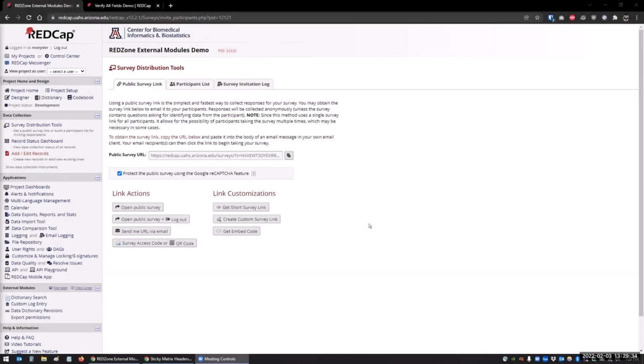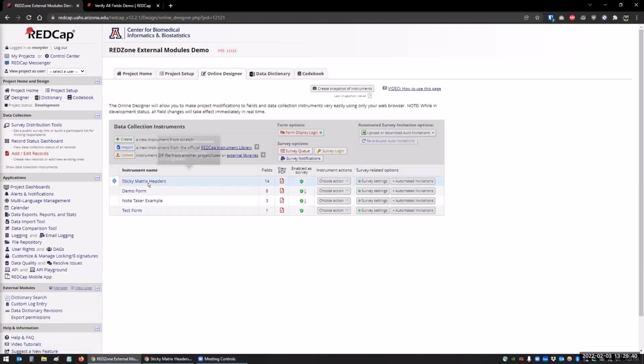It's called sticky matrix headers. So I just have a form. It only works for surveys, and basically what it does is, for long matrix fields that have a